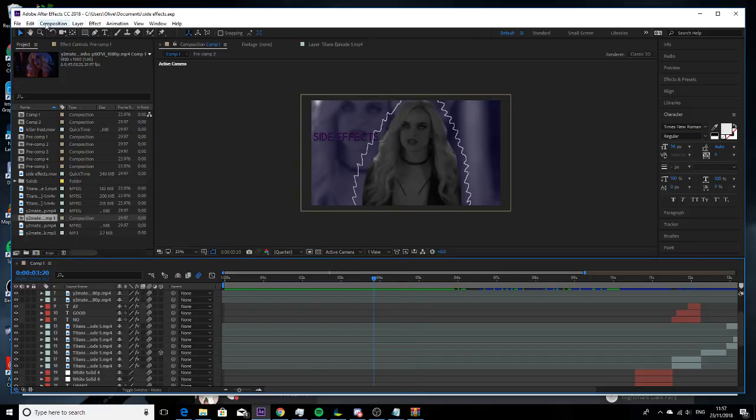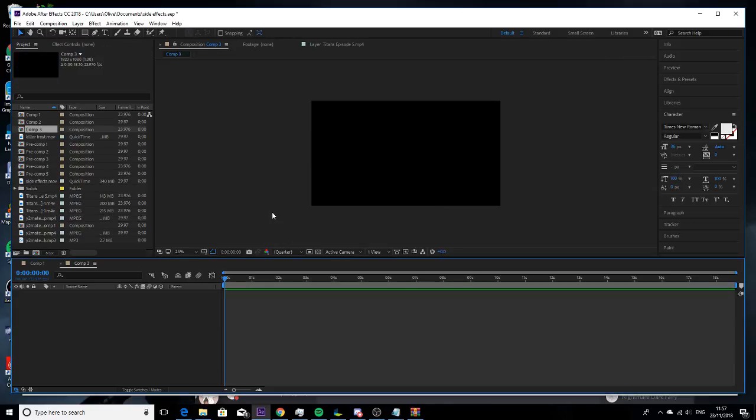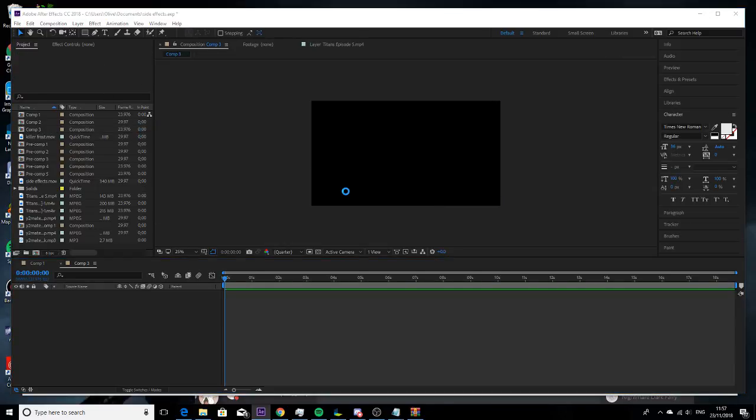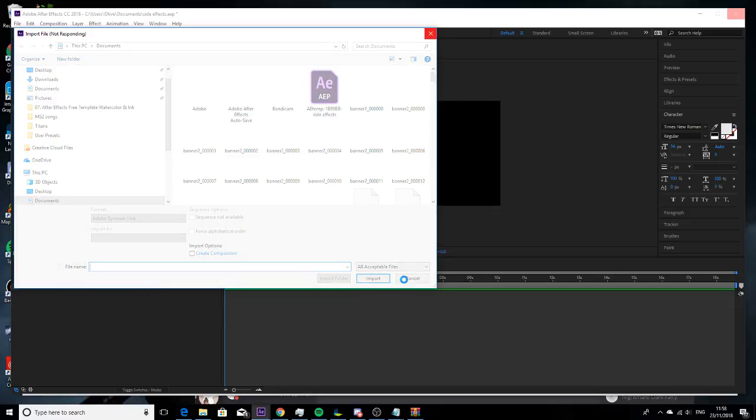So I'm just going to create a new composition. Like this, and first of all if you want to import a file, you literally just go to import file and find where something is. For example, I'll probably just choose something from some Killer Frost stuff,